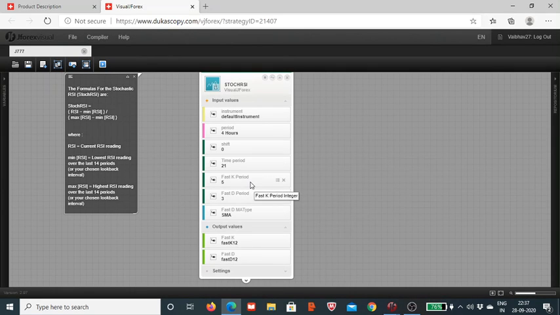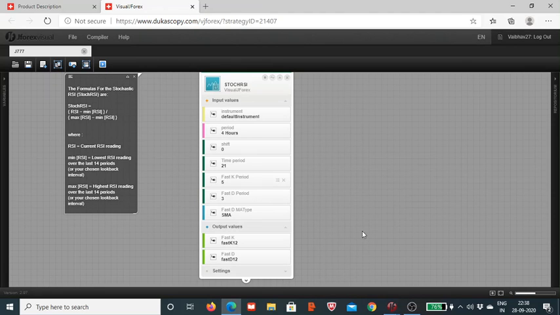The fast K period and the fast D period is, as I said, simply derived using the RSI value, and the calculation is provided here how this value is arrived at. This is very crucial, how we define this time period for calculation of fast K, as it goes on to ultimately define the output for fast D as well, as the D value is simply the moving average over a given period of time. So we have to be careful while choosing the